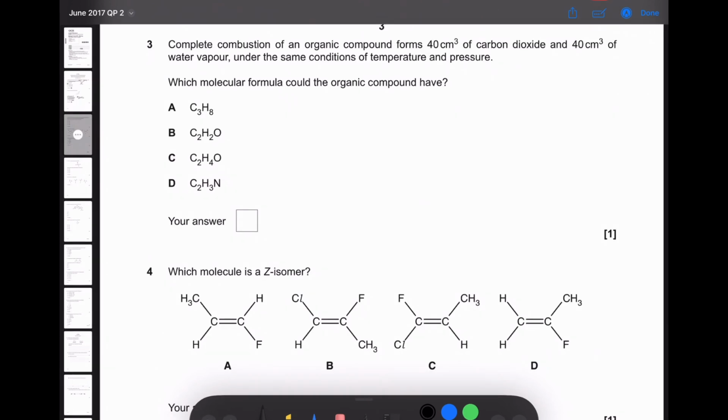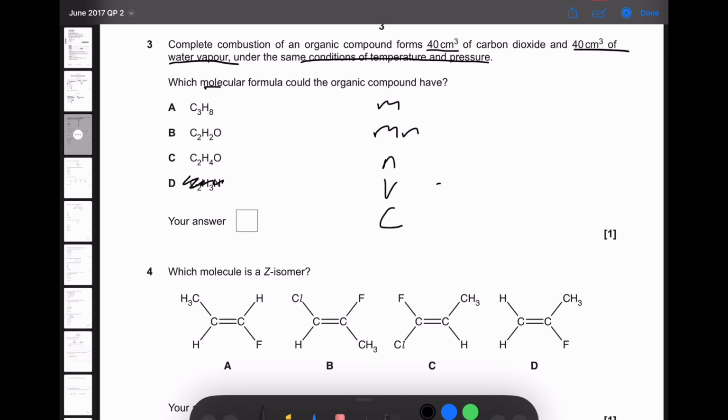Question 3. Complete combustion of an organic compound forms 40 centimeters cubed of carbon dioxide and 40 centimeters cubed of water vapor under the same conditions of temperature and pressure. Which molecular formula could the organic compound have? Well, it's not going to be D, because D contains a nitrogen. So that's off the list, first of all. So now we do our